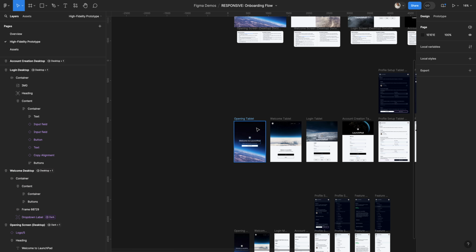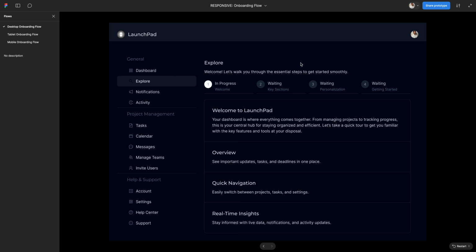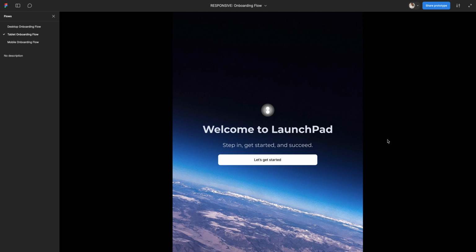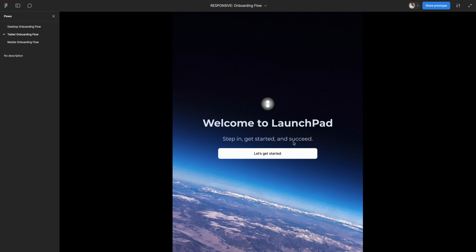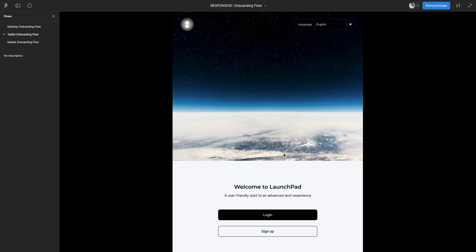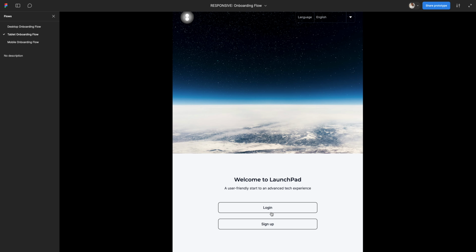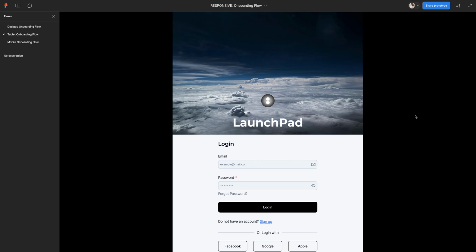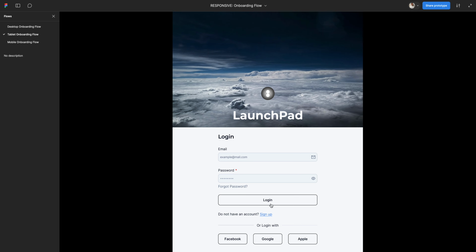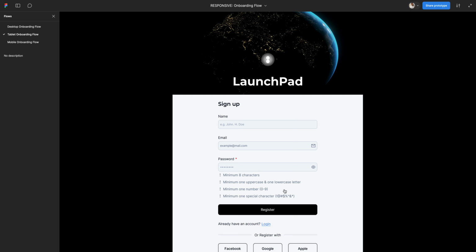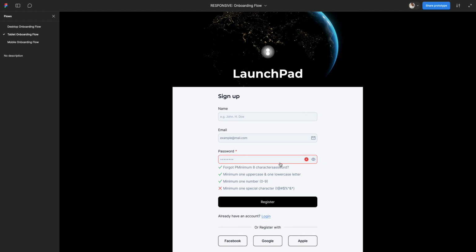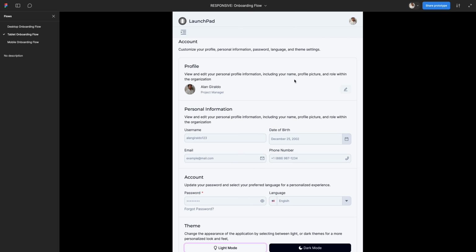All right, now let's move on to tablet. I'm gonna go through these quickly because it's the exact same thing, but from a tablet perspective. So we have the welcome, the onboarding, the opening screen. This is the welcome page, login. We'll go to sign up here, sign up, same thing, and then register. This is the